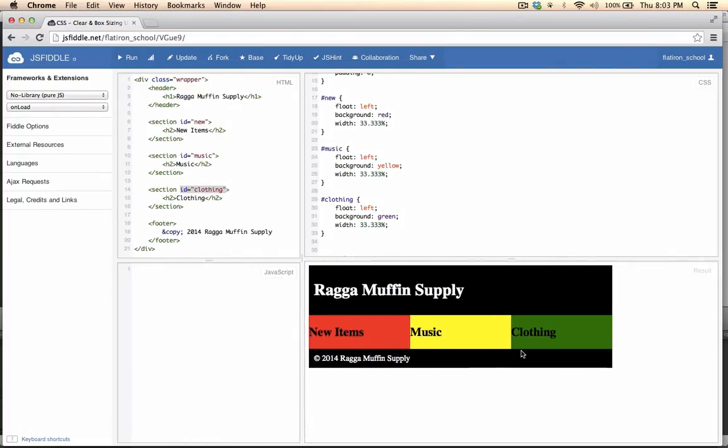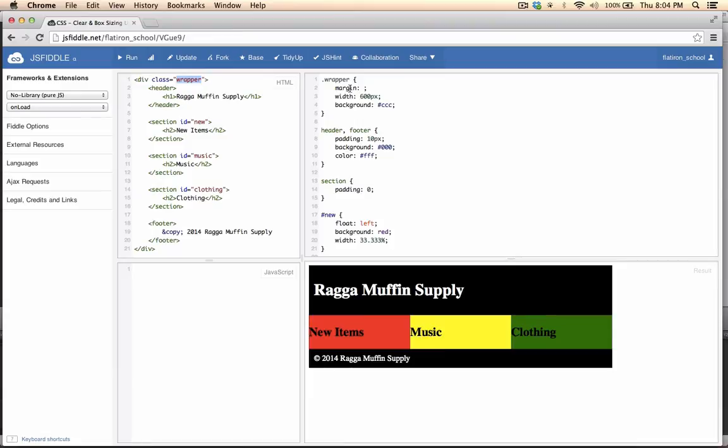Let's say that I'd like to center my Ragamuffin Supply layout so that it's always in the middle of the screen on large and small monitors alike. Well, fortunately, I've wrapped all of this content inside of one element, which is this div with the class of wrapper. So what I can do is by moving wrapper into the center, it will move all of the other